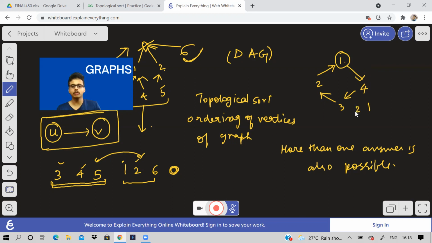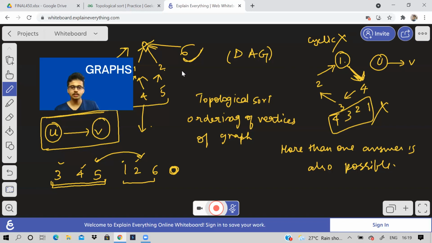If you put 2 before 1, you should put 3 before 2. If you want to put 3 before 2, you should put 4 before 3. But if you have this ordering, 4 should actually come after 1 because from 1 there is an edge to 4. So from U, if there is an edge to V, U should come before V, but here it is not happening. So in a cyclic graph, topological sorting will not work.